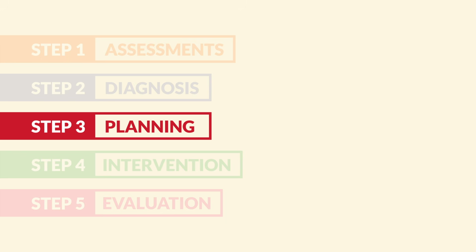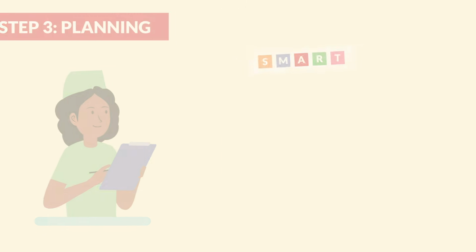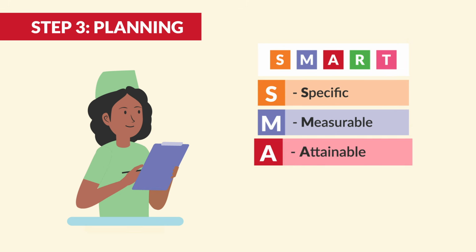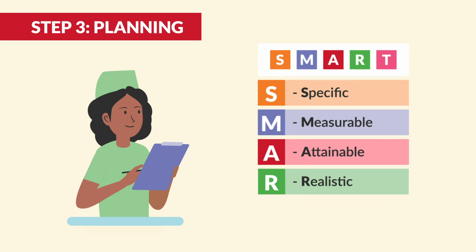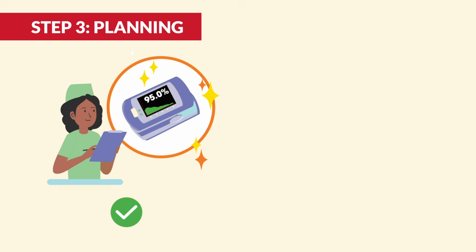Step 3 is about planning. This is where you create goals for your patient. So always think SMART goals. S is for specific, M is for measurable, A is for attainable, R is for realistic, and T is for timely. A good example of a SMART goal is the patient will maintain an O2 saturation of 95% within 24